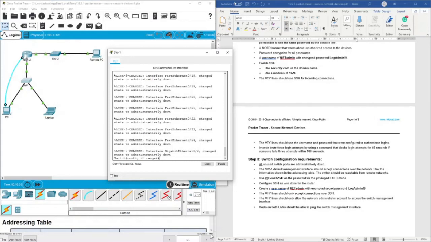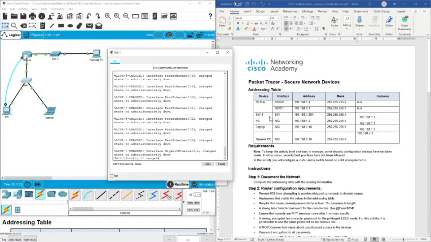We can see our progress. Then the SW1 default management interface should accept connection over the network. Use the information shown in the address table. The switch should be reachable from remote. So when it's talking about this, we need to make sure that VLAN 1 is set. To do this, we have to check the S1 SVI, and we have to assign this IP address. So let's exit from this line, interface VLAN 1